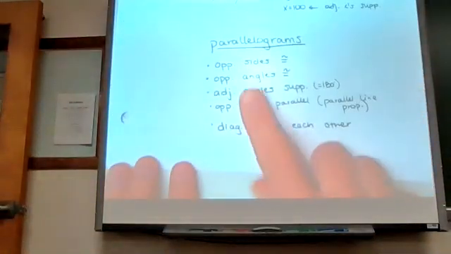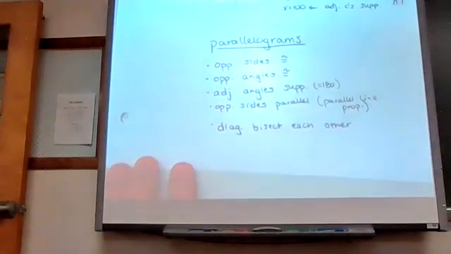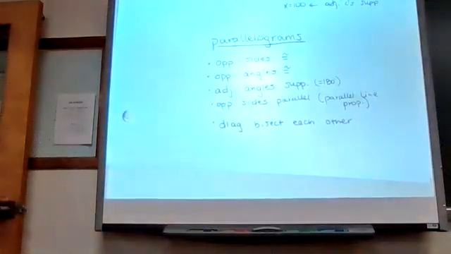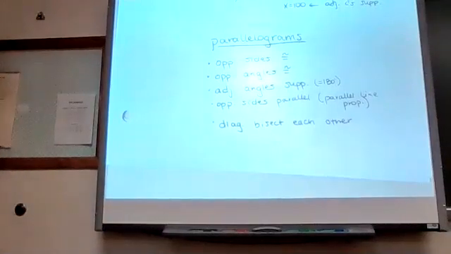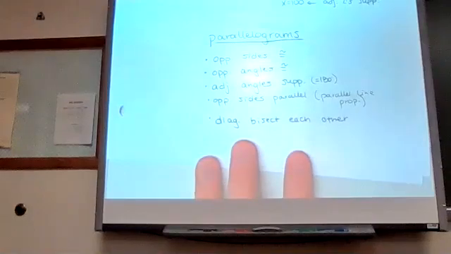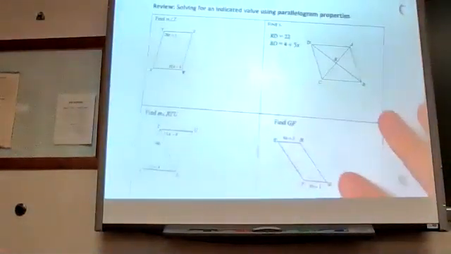So our list said our opposite sides are congruent, our opposite angles are congruent, that adjacent angles are supplementary, opposite sides are parallel, and so we can use parallel line properties, and that the diagonals bisect each other. And so this little review will look very similar to what you'll be asked to do on the homework for